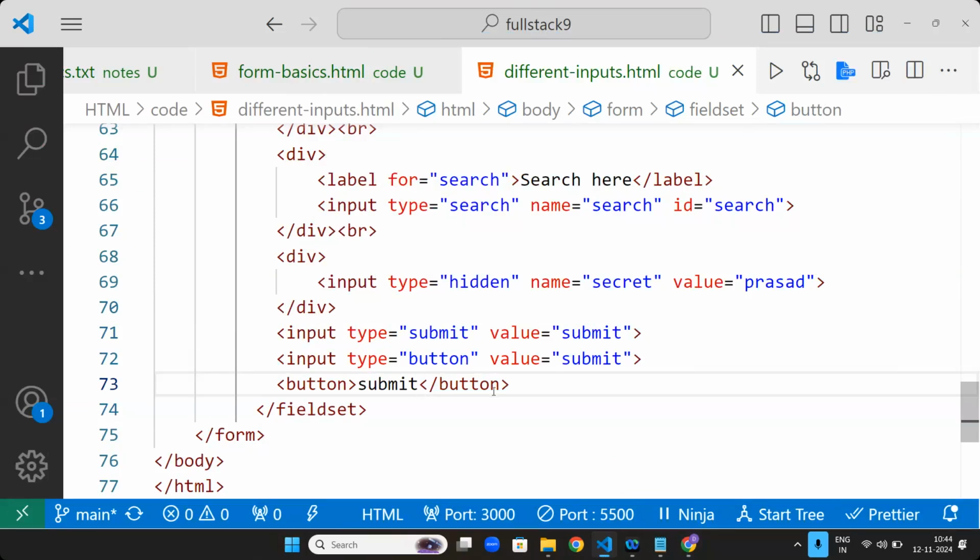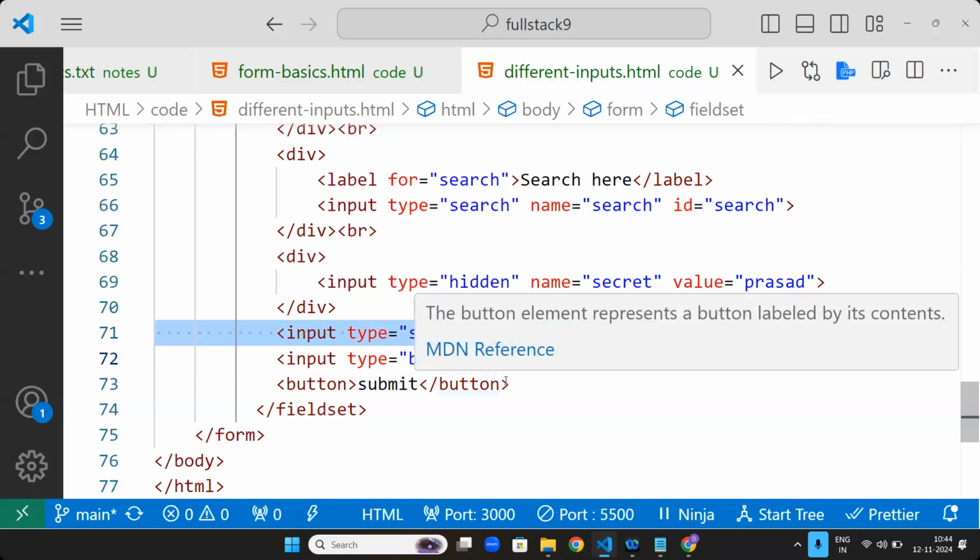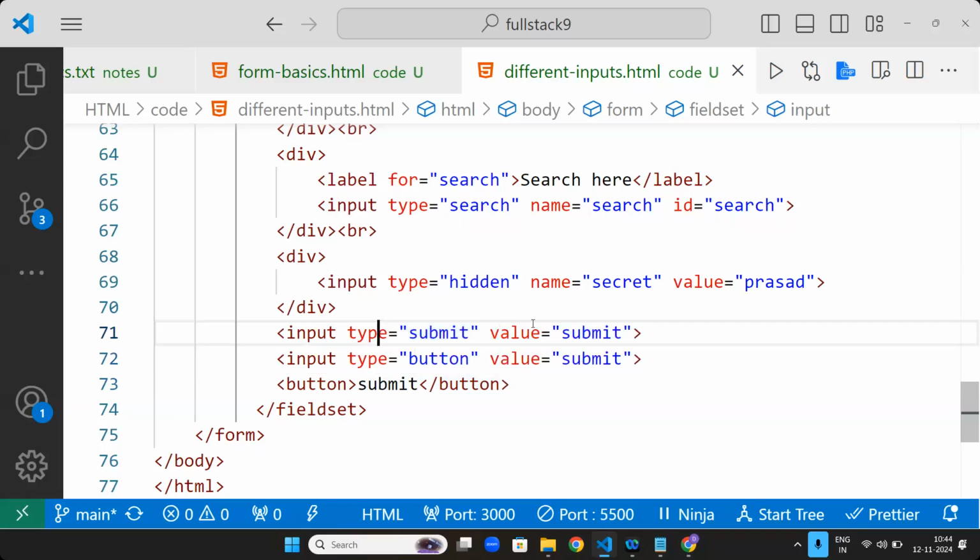But imagine now I gave a specific submit button. The remaining ones are all normal dummy buttons. You can use them for anything. For example, when I click on a button, some pop-up will come, or a slider will go, or a video will play. I can put buttons anywhere I want. Buttons can be used in multiple ways, but the submit button is used only to submit the form.